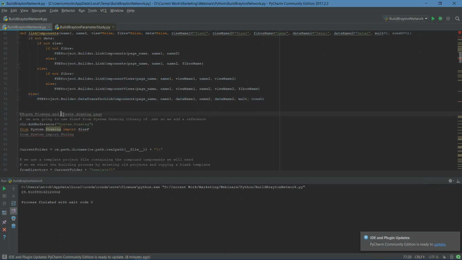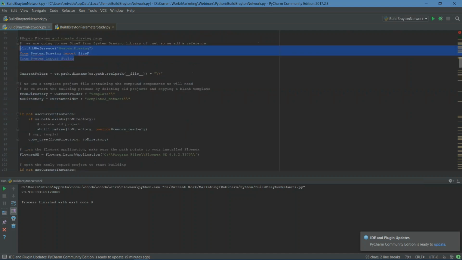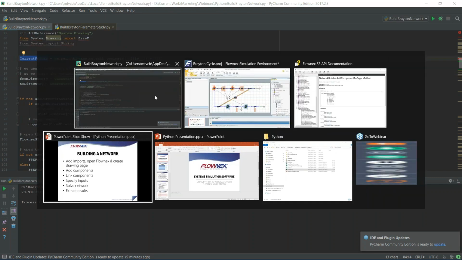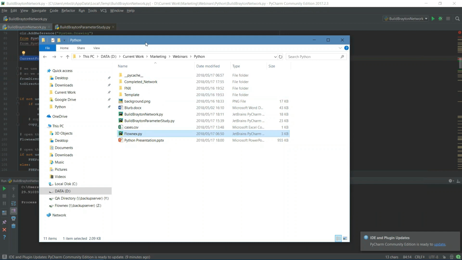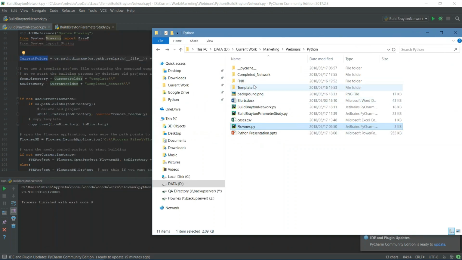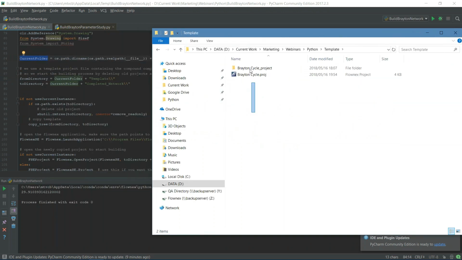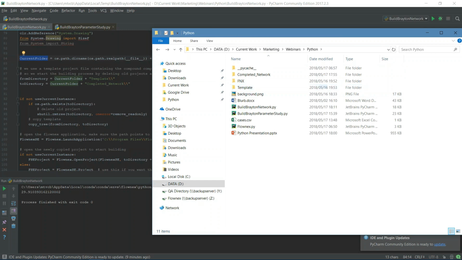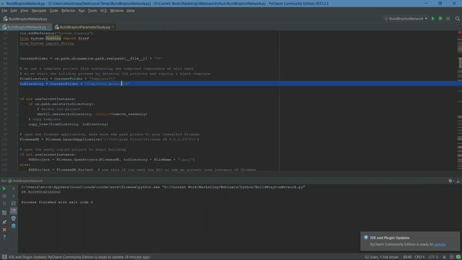Okay, so when it comes to actually specifying the code, we have a couple of imports. These are imports related to the actual .NET commands. We then need to specify some small routine things like the folder location where the files are. I have a directory created for the current location, so a template basically. This is the empty file that I can use as a template for my project. So I'll have that location, and then I'm going to copy that to a new folder and then use the